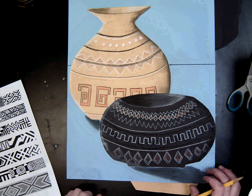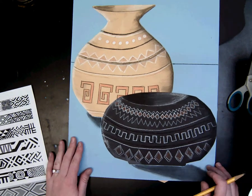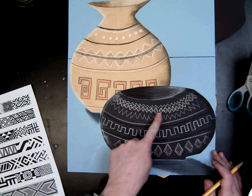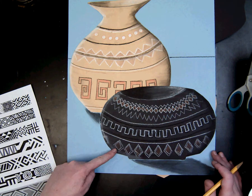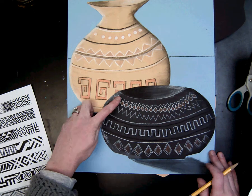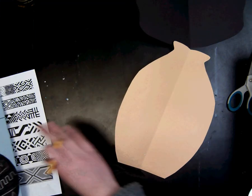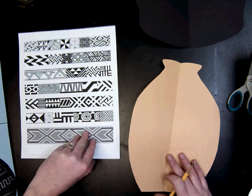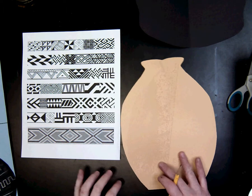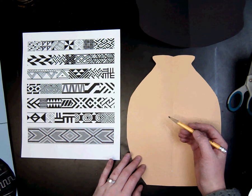Now, you're going to create a variety of different patterns, all based off of the Native American culture. Now you'll notice I have created some repetition. So here I've done some diamonds, and I've repeated those down here. Even though they're a different size, I have repeated those. I've also repeated colors. I have some orange, white, lots of black, and even some browns. For this, you can use the other side of your pot cheat sheet to get some ideas for Native American patterns. Now I'm going to just start drawing